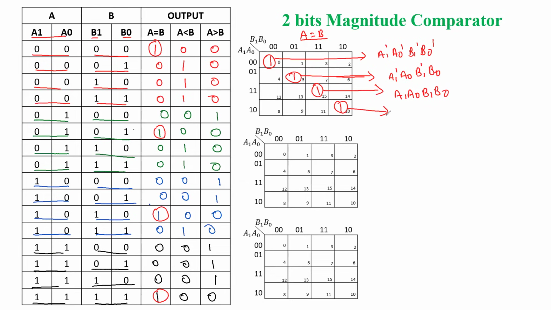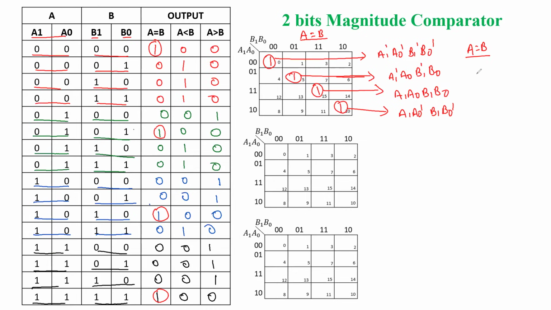And finally, for this last one, we have A1, A0 dash, and again on this side B1, B0 dash. So the sum of all four represents A equal to B. In this, whatever common terms are there, we can take them common and try to simplify. Generally, when it is A equal to B, it should come as the XNOR function. So finally, if you try to simplify this, we'll have A equal to B,